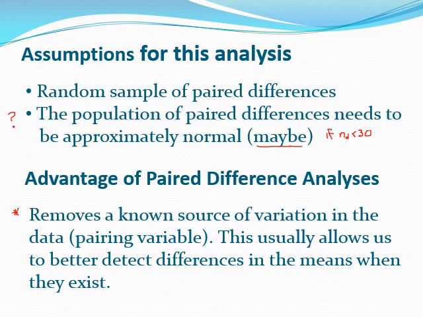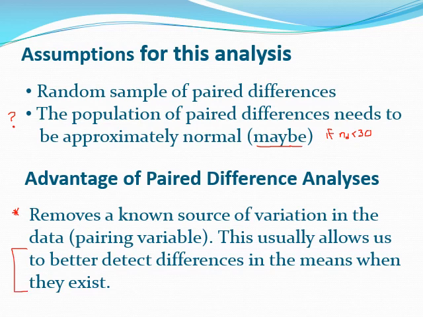So if you start looking at an analysis, and you want to compare these 2 means, but you know this affects it, if you know that if we consider this variable, pair on that variable. Try to come up with some way of collecting the data so that you give yourself the best chance of finding differences in the means. If the means really differ, if one of the tire brands is really better, we want to try to detect that. We want to come up with a way of collecting data that gives us the best chance. And this last statement here, that it usually allows us to better detect it,